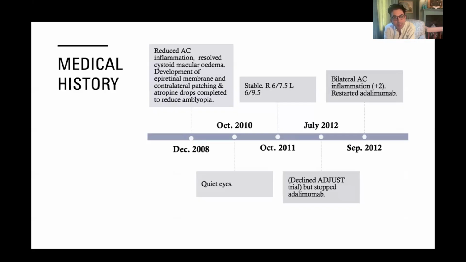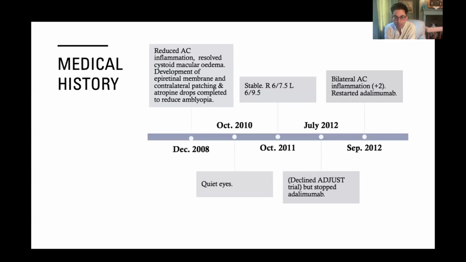So, as I said, the edema resolved. He then developed an epiretinal membrane, and to avoid the ensuing amblyopia, which was likely secondary to the very active uveitis, he had contralateral patching and atropine drops. By a couple of years later, the eyes were quiet, and his vision was starting to normalize, and the amblyopia was getting resolved. At that point, he was stable for quite a few years,